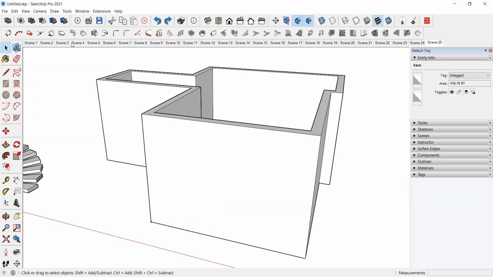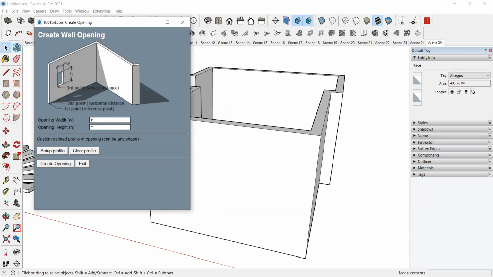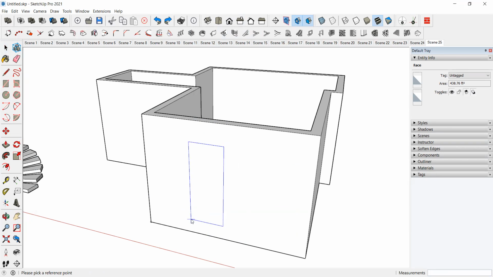So first we have to click this, and we have to give the width and height, and you have to create the opening. So first you have to take the reference point. So which height you want, okay, in this height, and you have to give the horizontal distance, in how much distance you want.